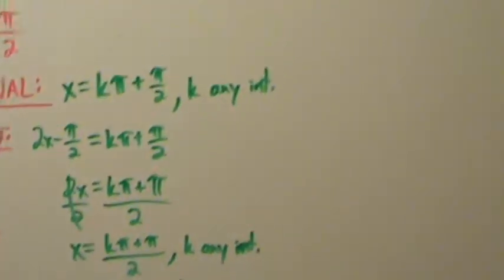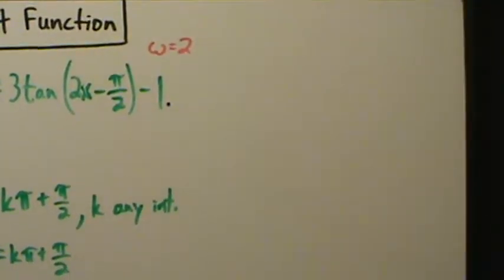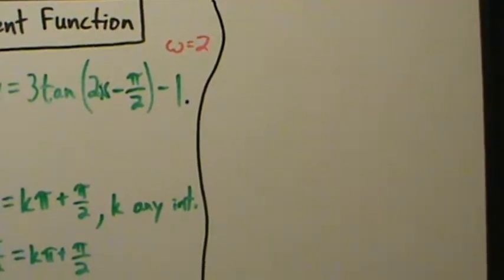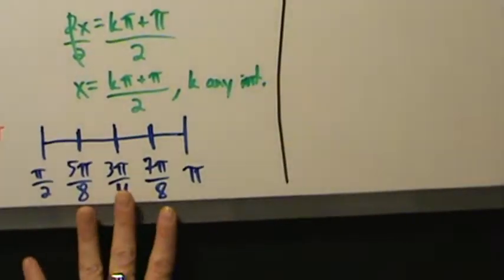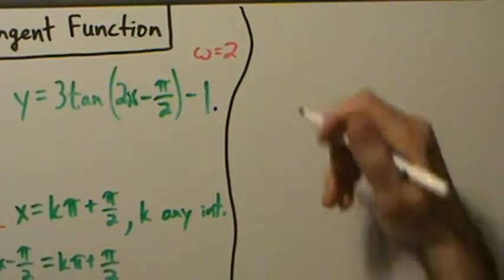So let's come up here, we'll make a little room. Let's set aside some space. We're going to evaluate this messy function here at all 3 of these points one at a time. So let's start with 5 pi over 8. So when x is 5 pi over 8,